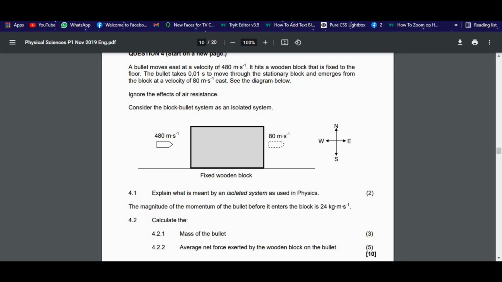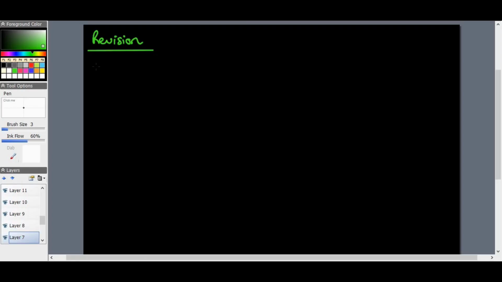An isolated system means, in layman's terms, let's just explain it in layman's terms so we can get everybody on the same page, and then we'll go for the physics. An isolated system means basically there's no outside interference from any other factor or force or system. Everything is isolated, it's taken out, it's on its own. But if you're going to use it as we've used it in physics, if we explain 4.1 in this section, which is